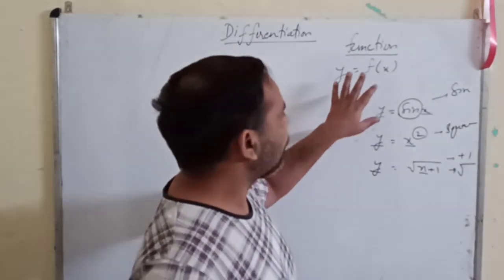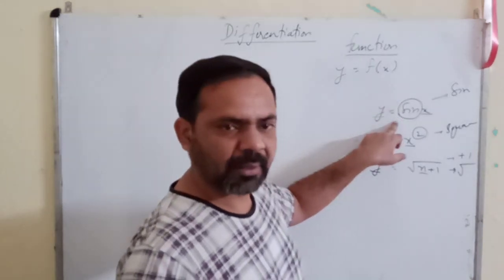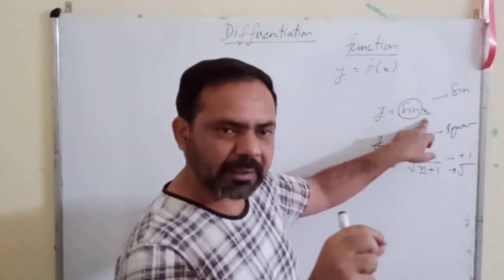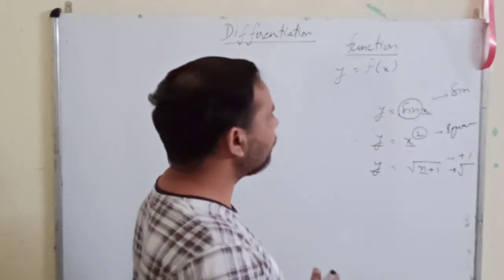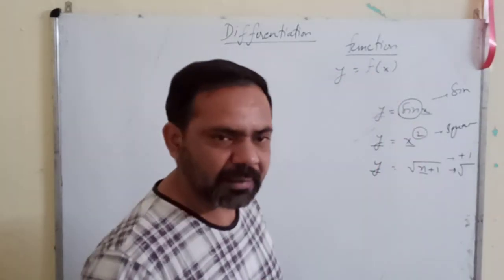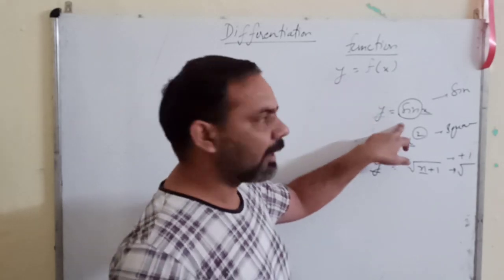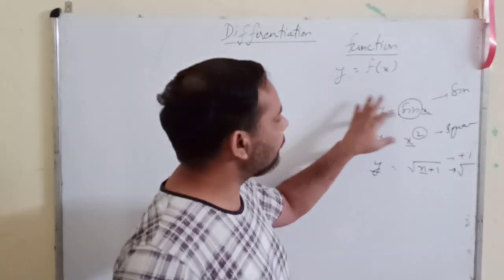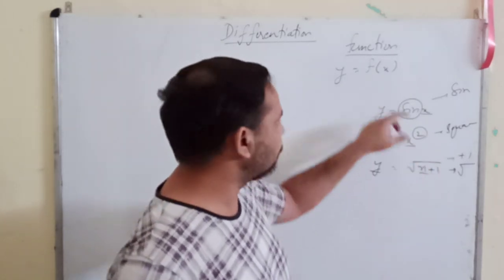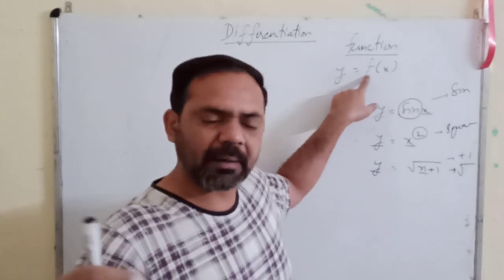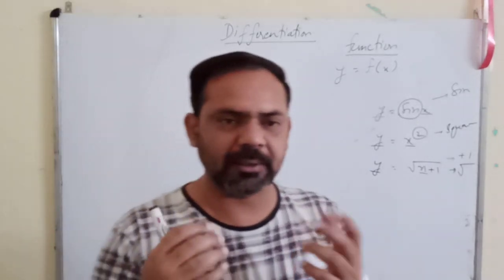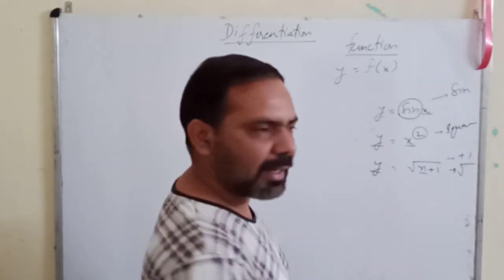Are you getting this? So a function is nothing but a process, a kind of operation that is applied on one variable, on one quantity, and you get the other quantity. This is a general f. f is representing generally a function. It can be sine, it can be cos, it can be tan, it can be squaring, it can be addition of 7, 1, it can be taking the square root. So this f can have different meanings in different situations.